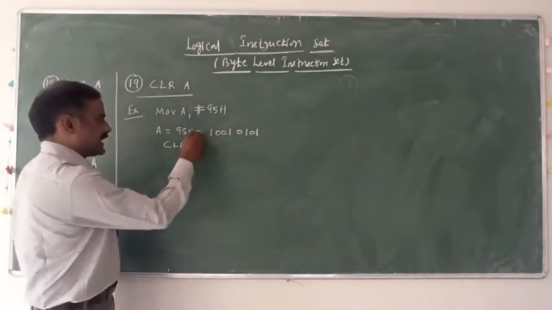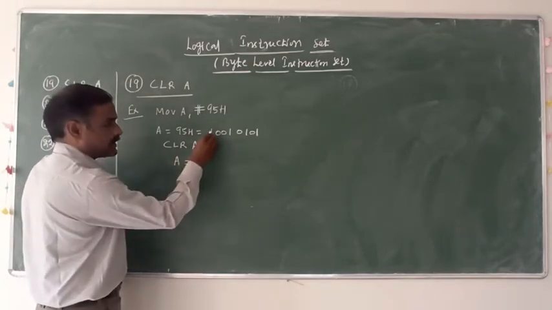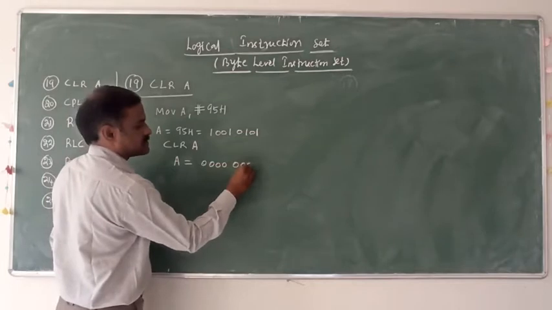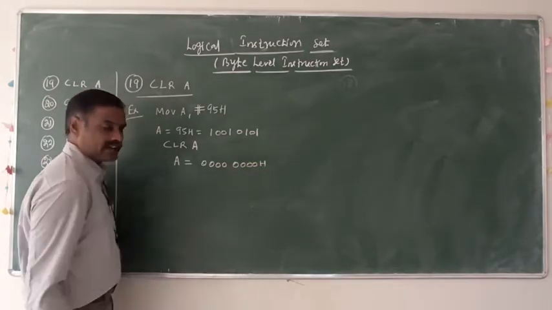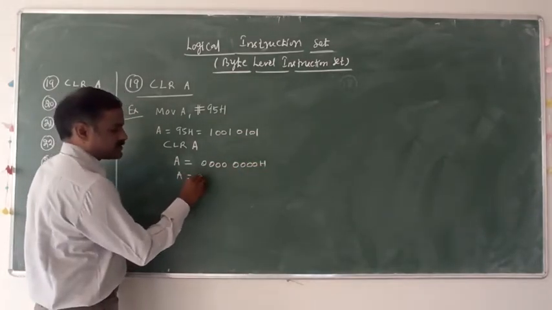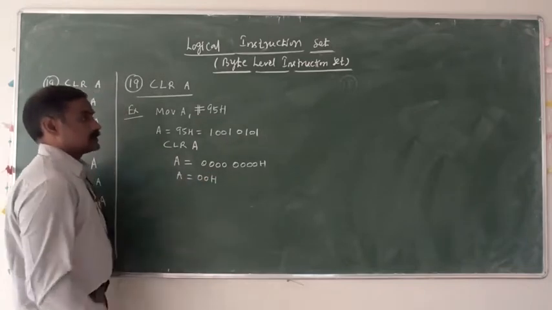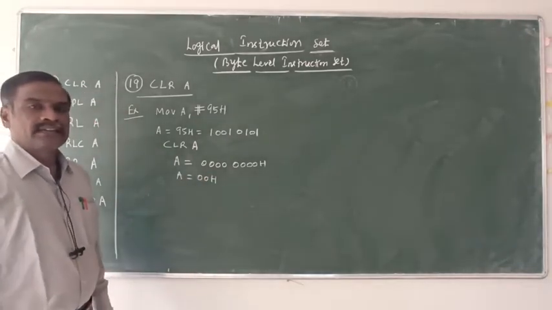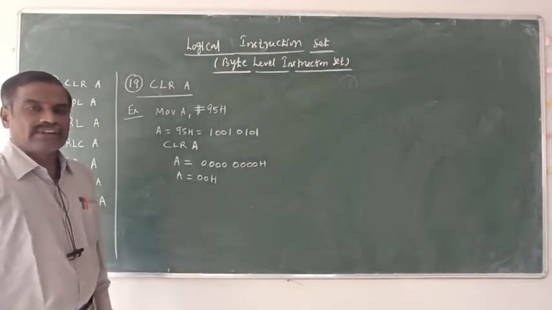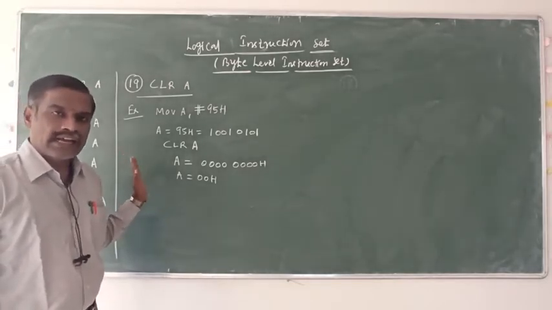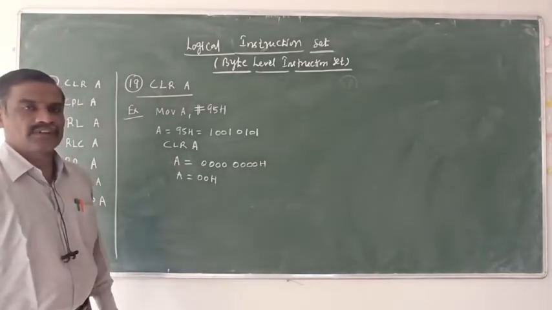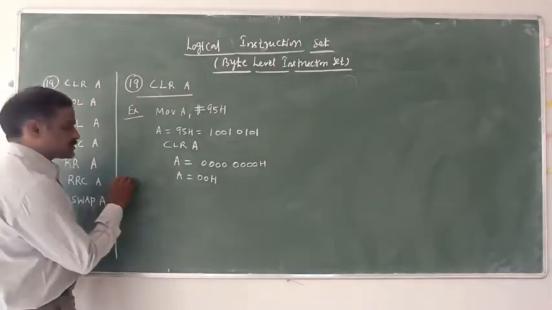Now register A will have all 8 bits 0. Now accumulator equals 00H. This is the operation to clear the accumulator content. Whatever data is in the accumulator, now all the 8 bits are set to 0. And next one,